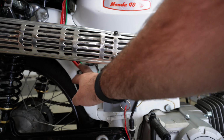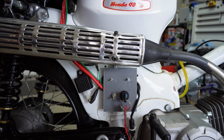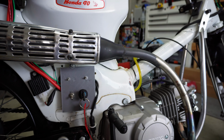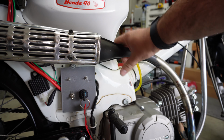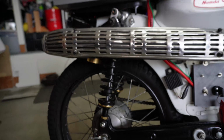Rectifier's in here, and then kind of a way too thick main power cable running along there. I was able to keep the stock heat shield, which is fun. I don't have this one anymore, which is a bummer. This is where the other heat shield was, and so I just never painted it originally. Let's see, heading back a little bit,